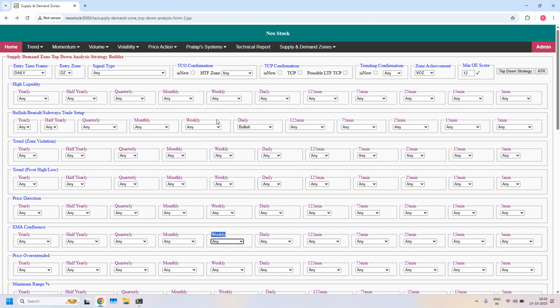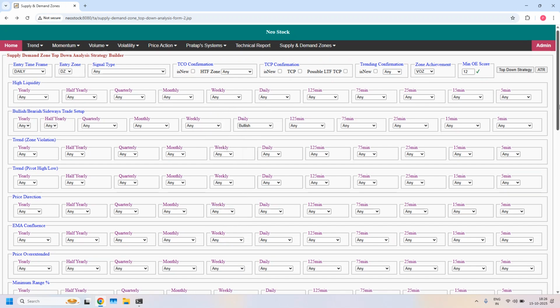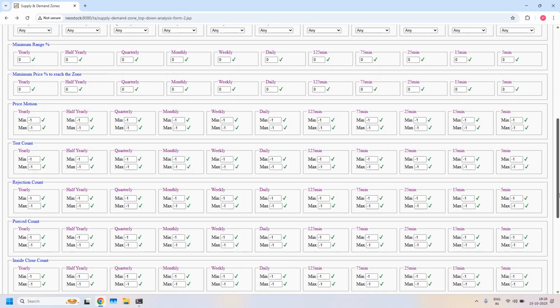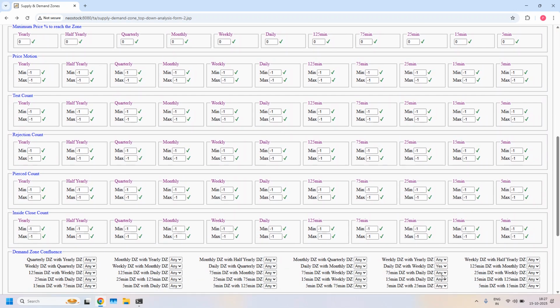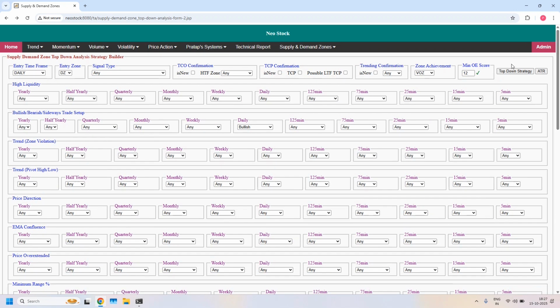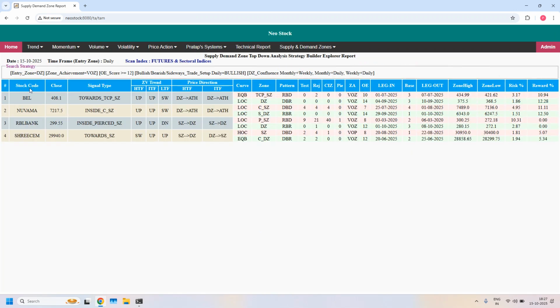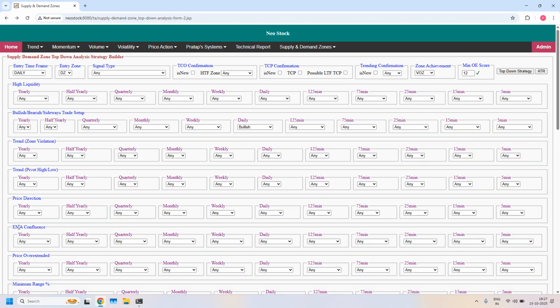I am removing ITF EMA filter. Now adding 3 demand zone confluence filters. First one is daily and weekly, next daily and monthly, and weekly and monthly demand zone confluence. With all the 3 filters, we got 4 stocks. Again we need to filter, one more filter, monthly demand zone having monthly EMA confluence, and